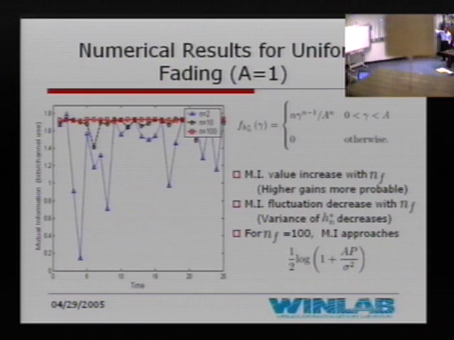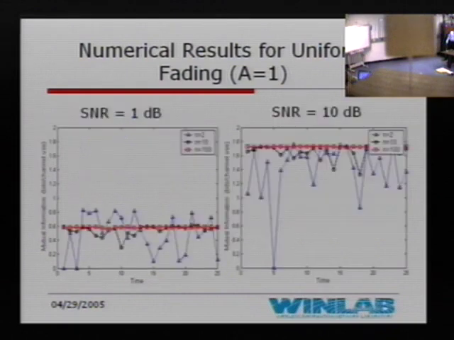And the fluctuations in this sequence also decrease because, as I said, the variance keeps on decreasing as we increase the number of subcarriers. And also if we consider many subcarriers, then the mutual information, that is given by this red graph, approaches that of a channel with constant gain A. I mean, this value is nothing but this, and we can see that. So it matches our intuition.